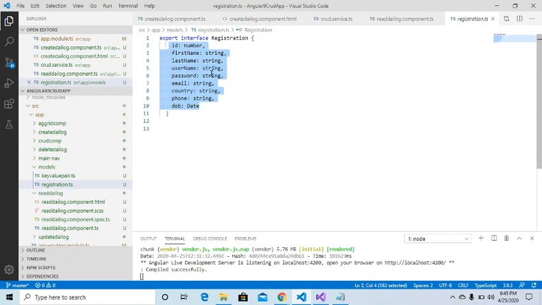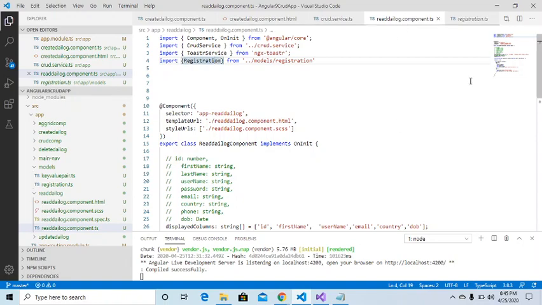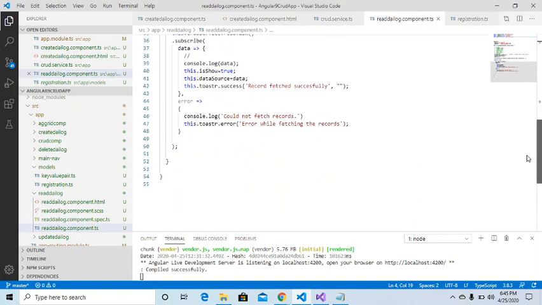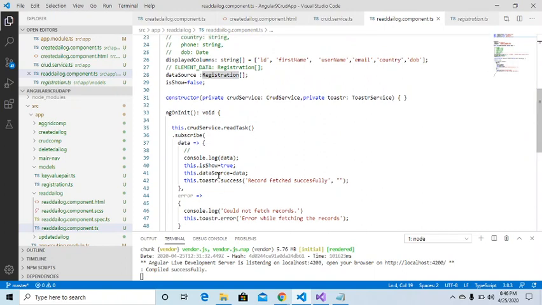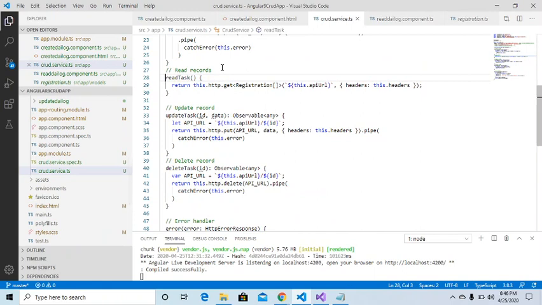So number field, string field, and date fields are there. Alright, so only these simple things we are having in the read part of it. And the read task method, how it is there in the service, this is simple. It does an HTTP get with the registration array, finds my API URL and passes the header.